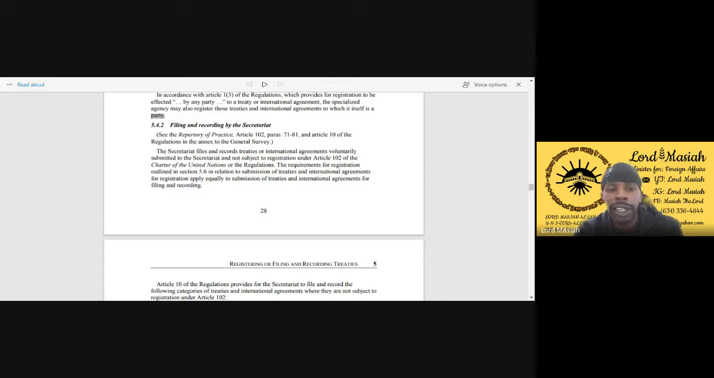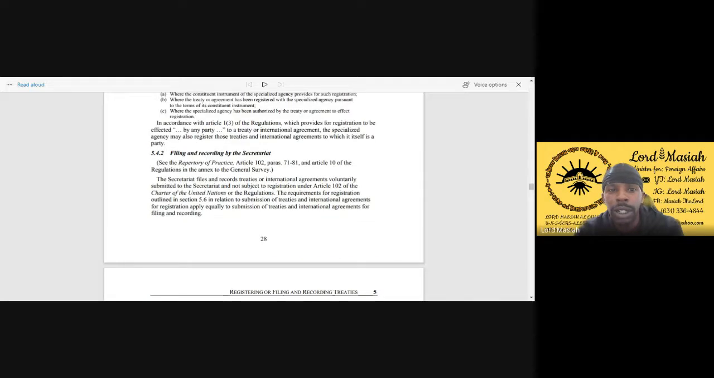So yeah, that last paragraph right there was just building on the fact of where the treaty or agreement has been registered with a specialized agency. Basically, everything is in accordance with the articles and regulations. You have to follow the rules and regulations of the protocols and all that. To a treaty or international agreement, the specialized agency also registers those treaties and international agreements to which it itself is